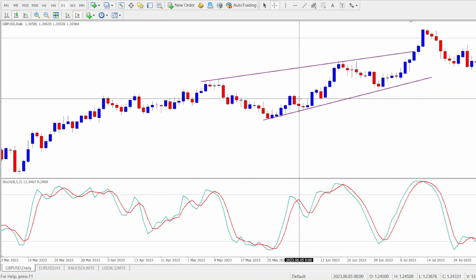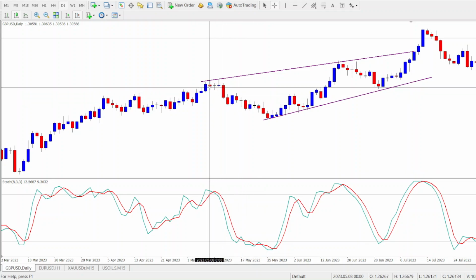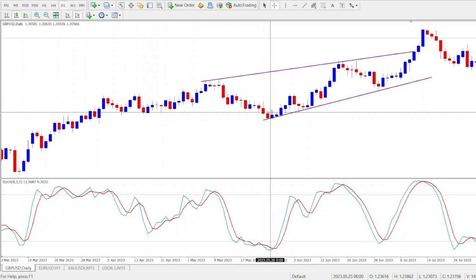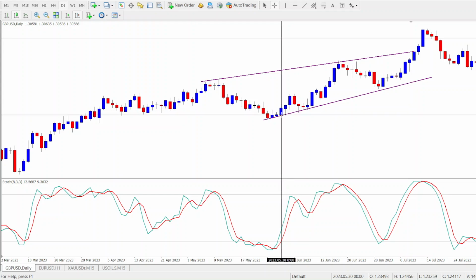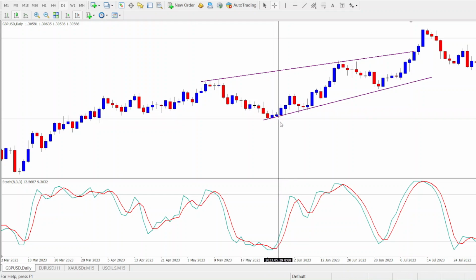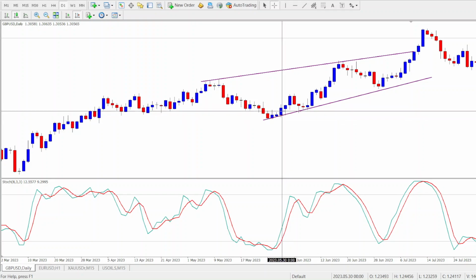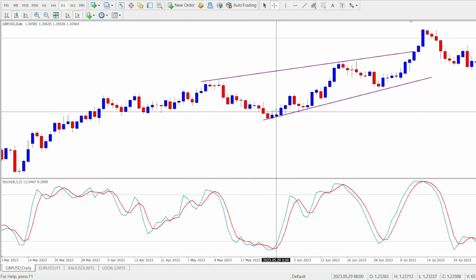Then in terms of breakout, when price breaks out above the high or below the low of previous candles, it often signals the start of a significant market movement. For example, when we have a bearish move like this, and then suddenly you notice price breaks above, you can see that at this point price broke above the high of this candle, so it signals a shift in pressure. So bullish pressure was emerging. When you see this kind of thing, you can just exit yourself, because the OHLC strategy